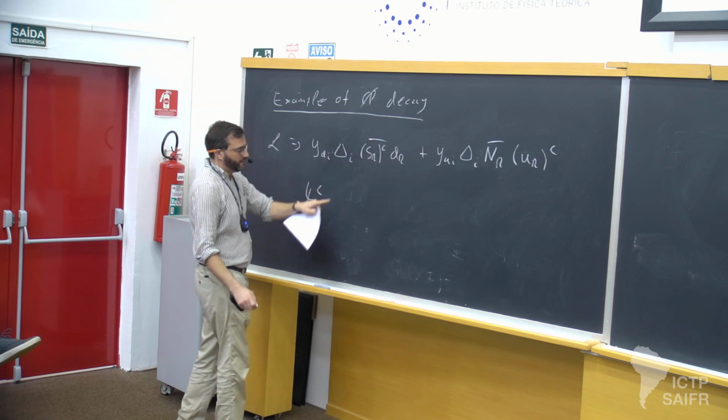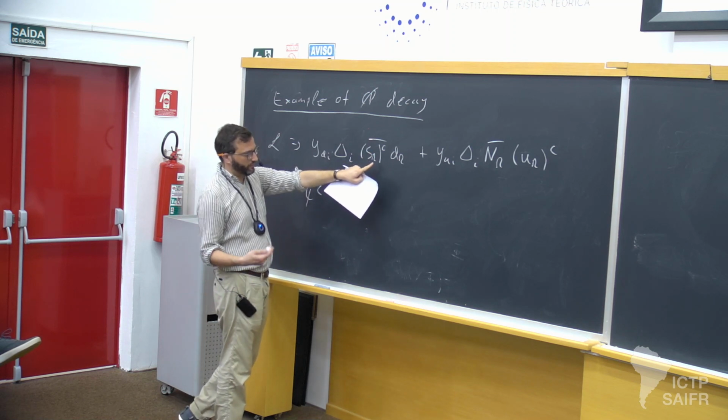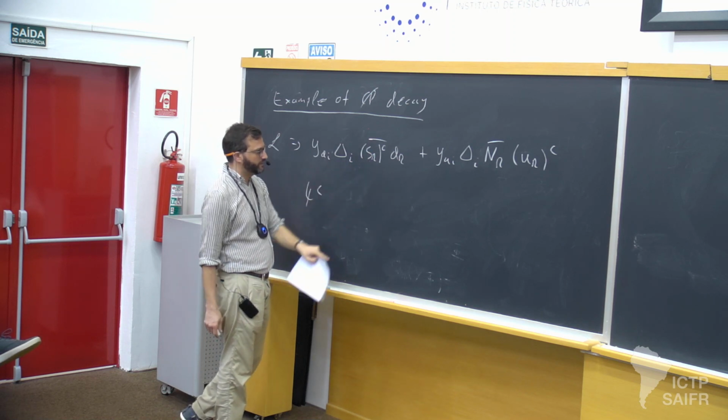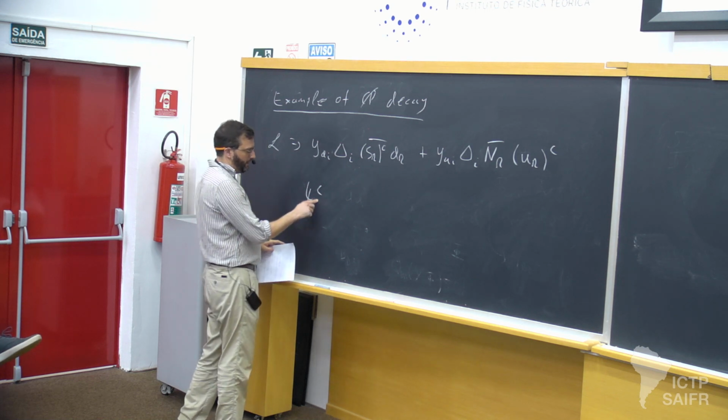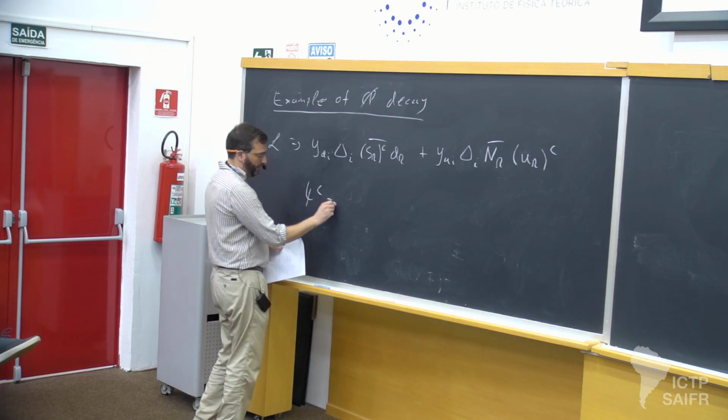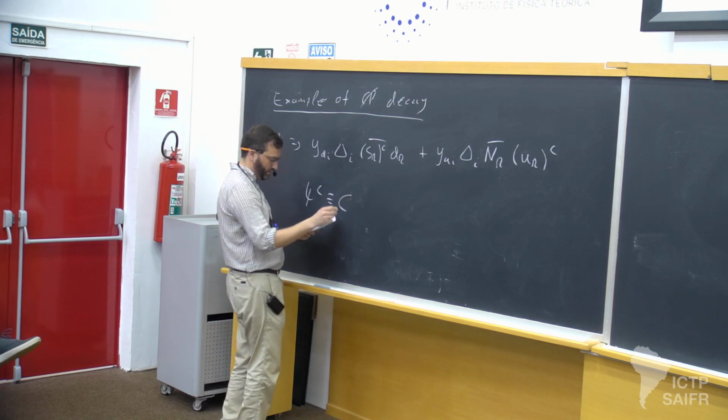We're going to use the four-component spinor convention. And these fields here are defined with the charge conjugation matrix,